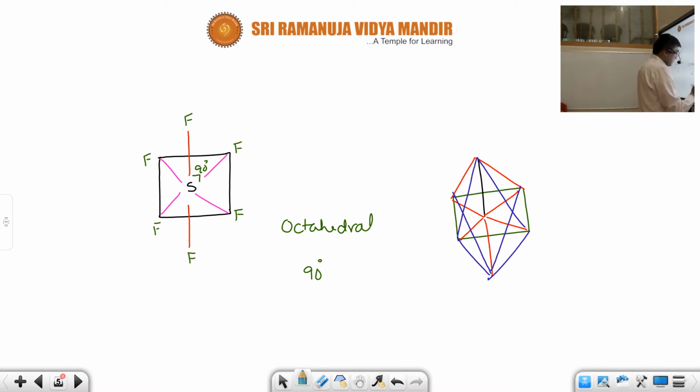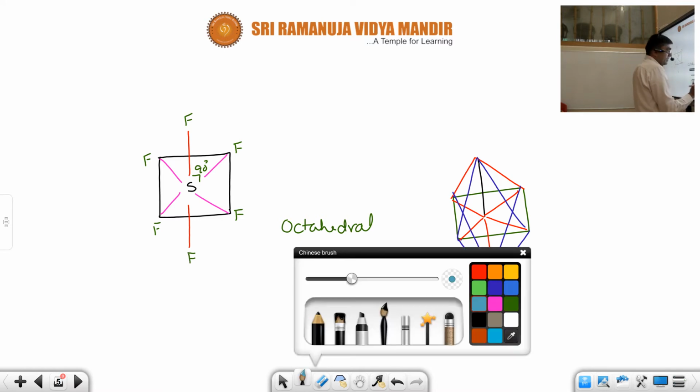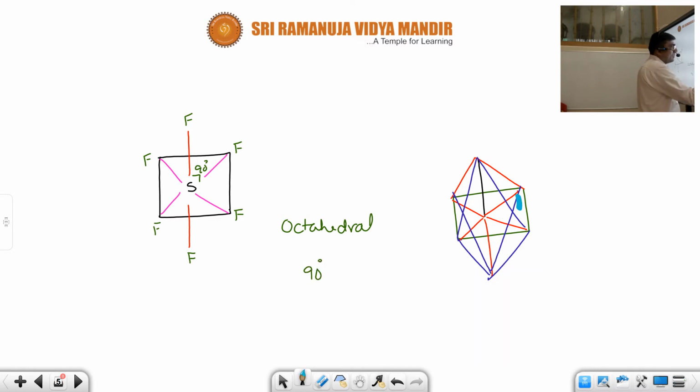We take one brush and some color and we draw it. So you can see here, this is one face, this is one face. Agreed? Similarly, you can see the other faces. I didn't draw properly, but you can see a face here. This is a face. Similarly, you have 8 faces. This is another face, this is another face here, this is another face. Agreed or not? Similarly, you have 8 faces.